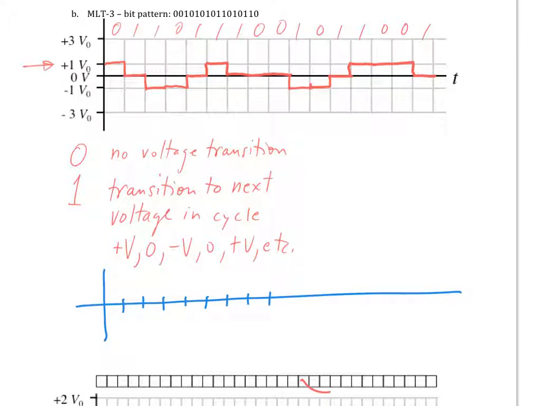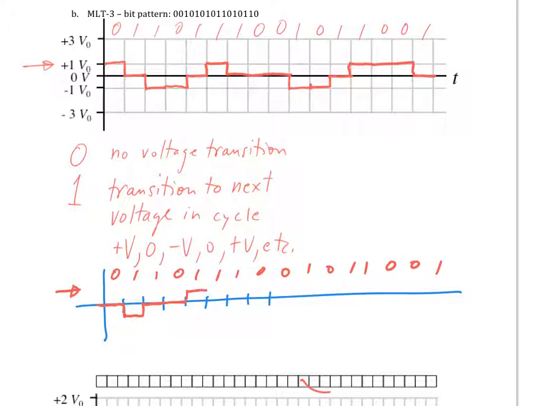If I had started at 0 on this one and had a 0, 1, 1, 0, 1, 1, 1, 0, 0, 1, 0, 1, 1, 0, 0, 1. If I had started at 0, and now again I have to assume that the previous non-zero voltage, let's say, was positive. Then when I get a 1, it'll cycle to a negative, then back to a 0, stays at